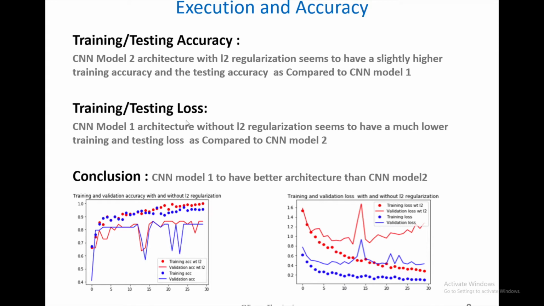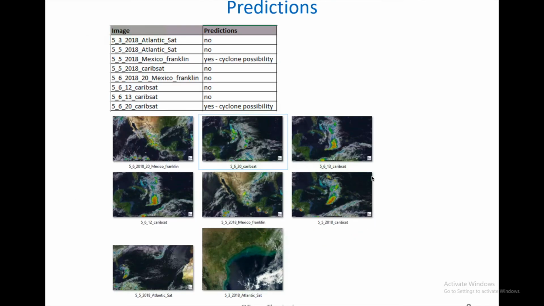Training and testing loss for the CNN Model 1 architecture without the L2 regularization seems to have been much lower than the training and testing loss of CNN Model 2. So when you look at the two parameters of accuracy and loss, we can say that CNN Model 1 has better performance over CNN Model 2, and we move forward by selecting CNN Model 1 as the model